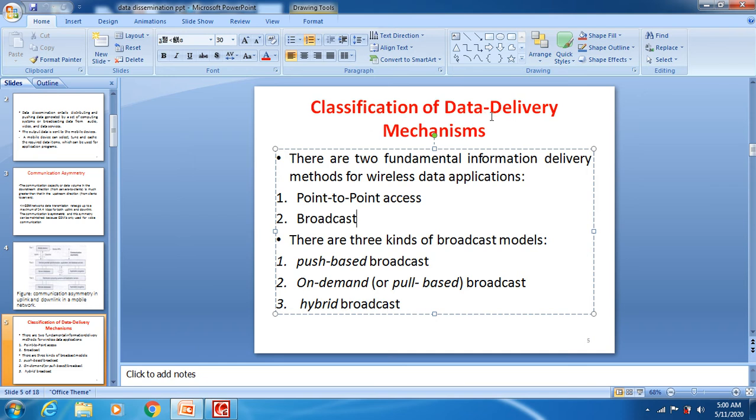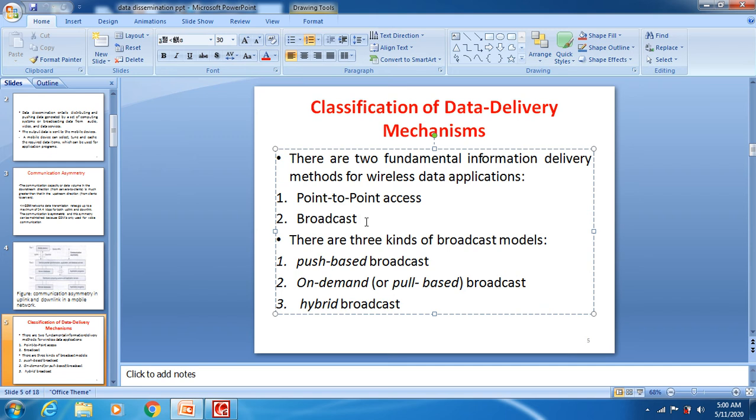So what is the classification of data delivery mechanisms? Data delivery can be done in two ways. The first one is point to point access and the second one is broadcast access. In point to point access we are delivering the data from one to one only, meaning from client to server or server to client. In broadcast techniques, we are delivering the data from one to many.